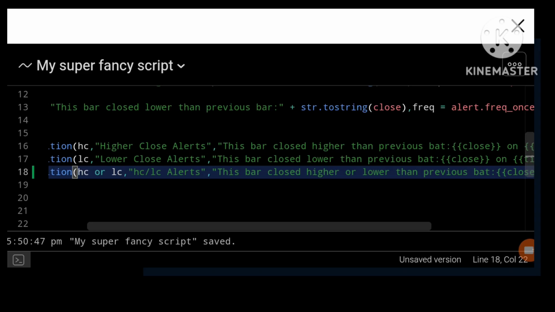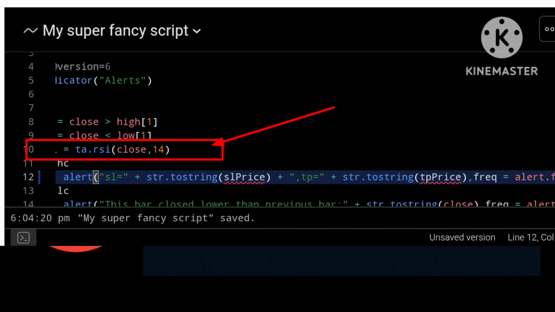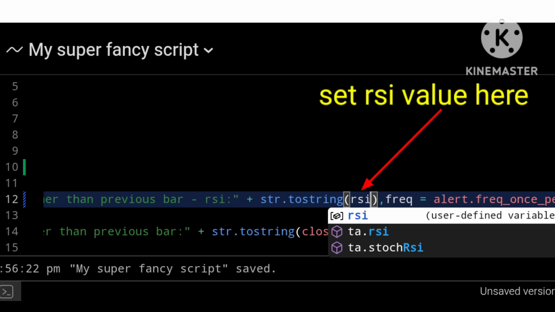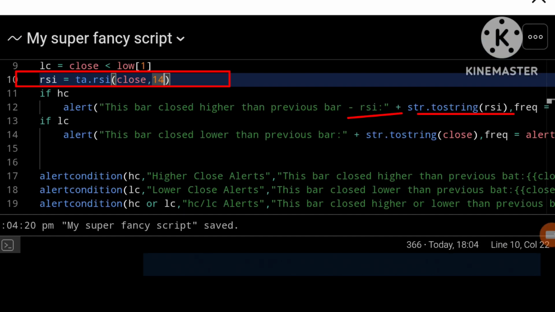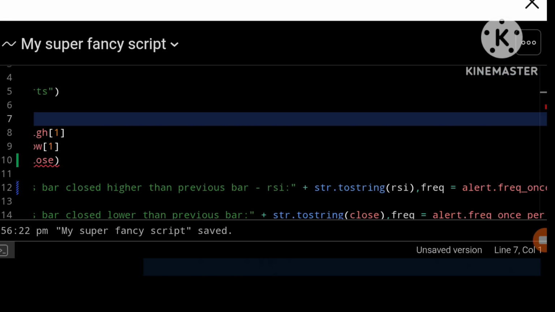So for example, let us say we wanted to pass the current RSI value to our alert as well. We could replace this bar close higher than the previous bar and then set the RSI value in there. So now it will tell us the current RSI value when we set our alert. So let me select alerts, leave that as it is, click create. There we have it.